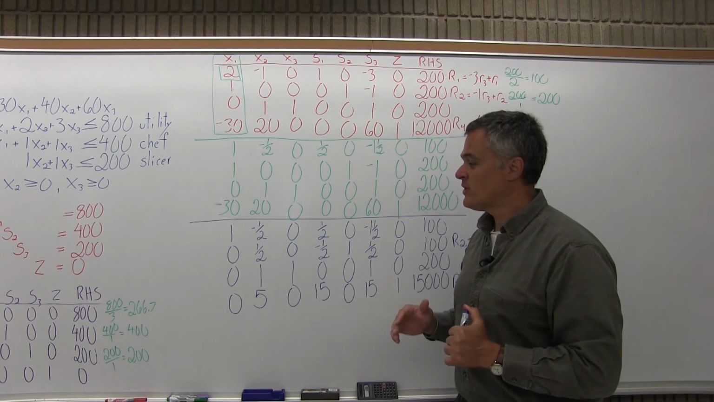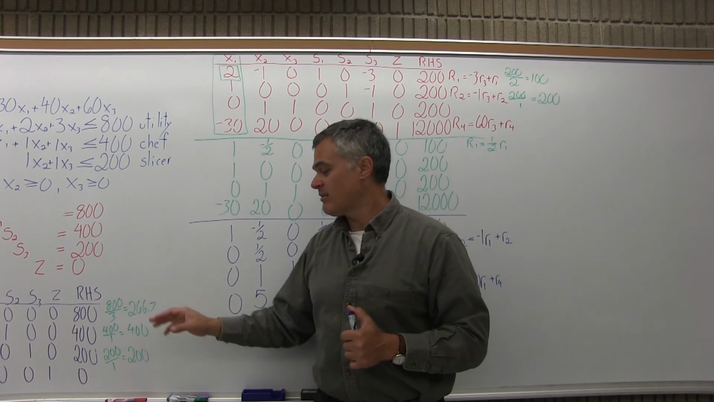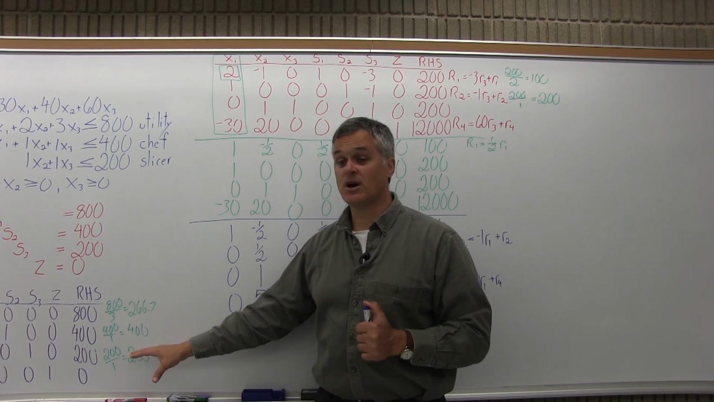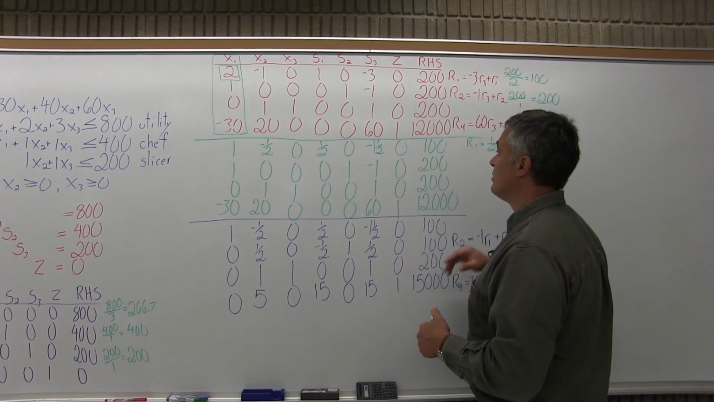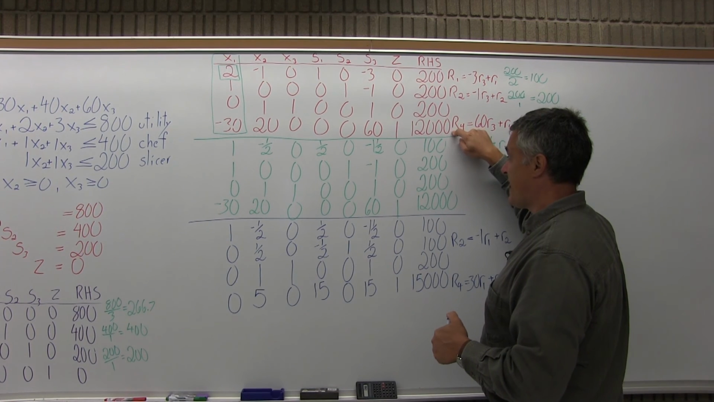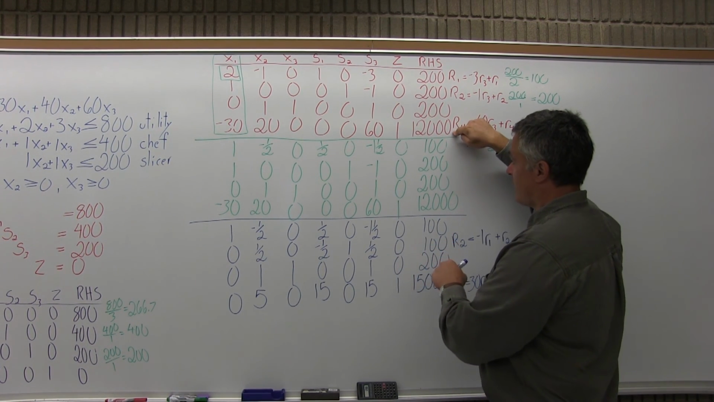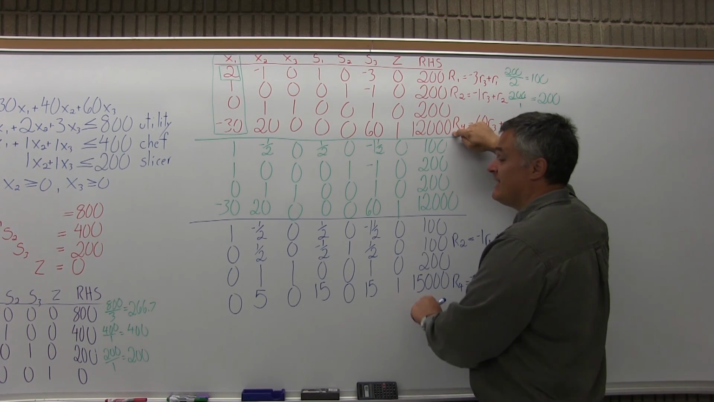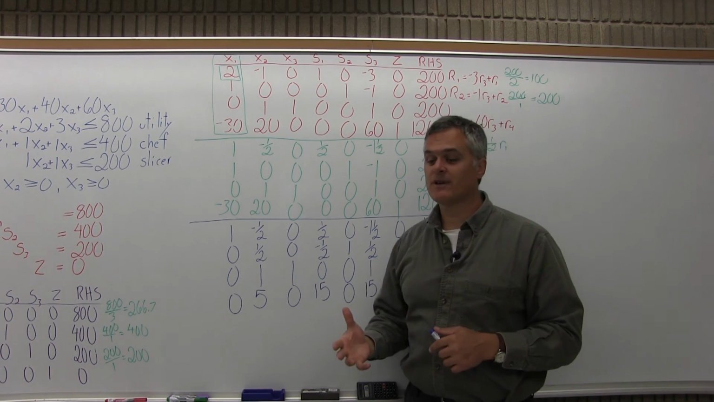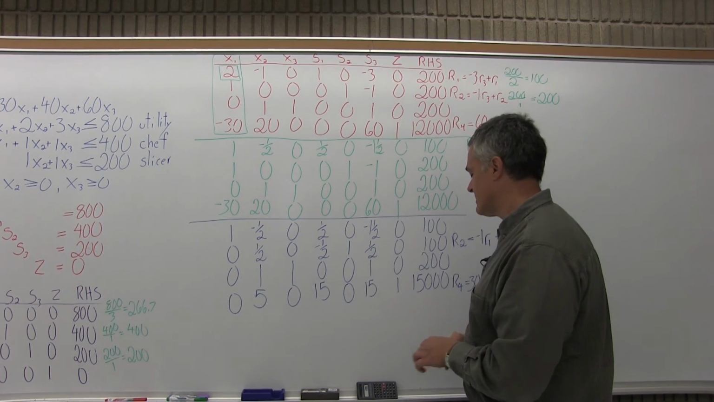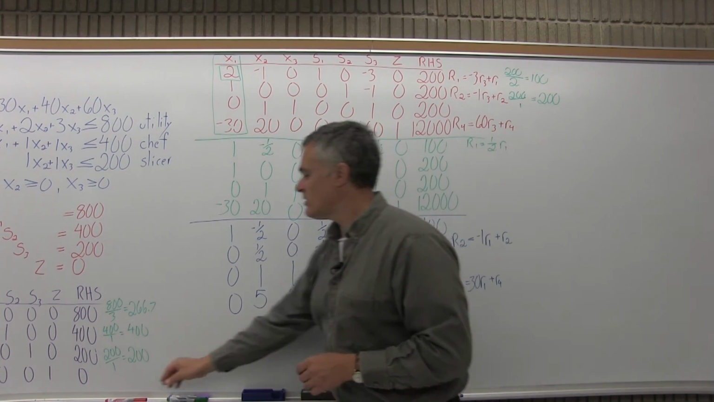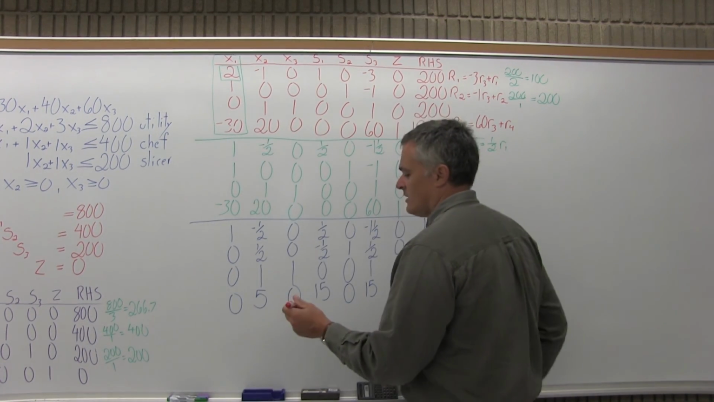So we went from the first tableau or initial tableau of a profit of 0. After one pivot, we pushed the profit from 0 up to 12,000. And then by pivoting again, we went from a profit of 12,000 to a profit of 15,000. And I can see that the profit cannot get any bigger. 15,000 is as big as it can get. So now in terms of stating our solution, we can say